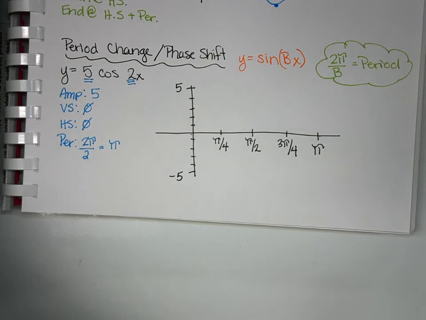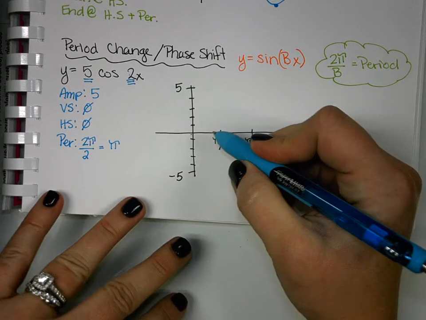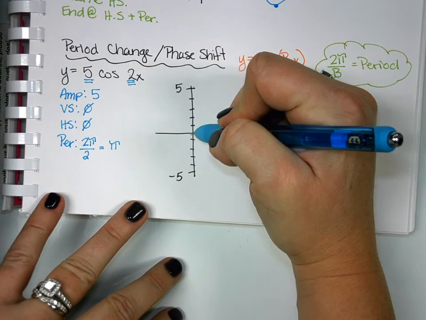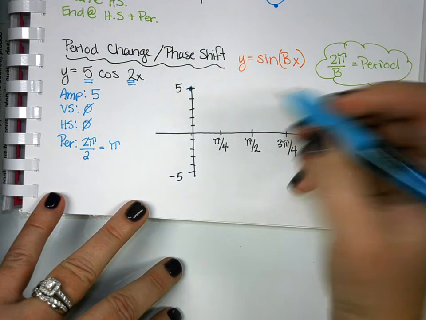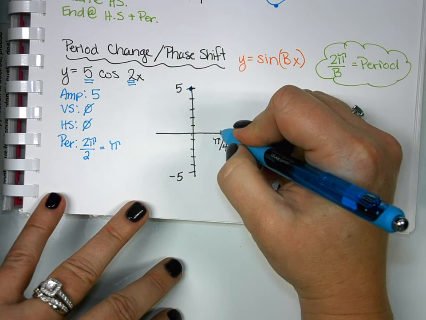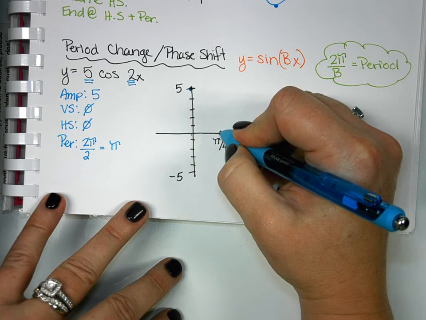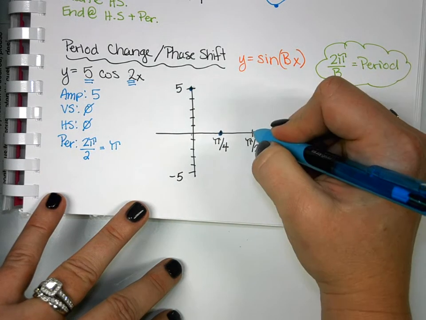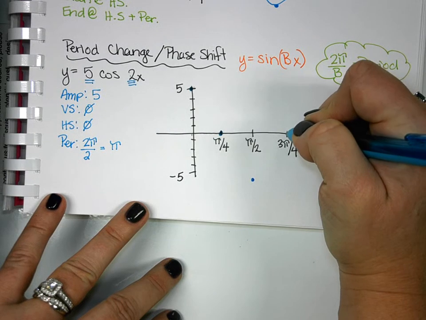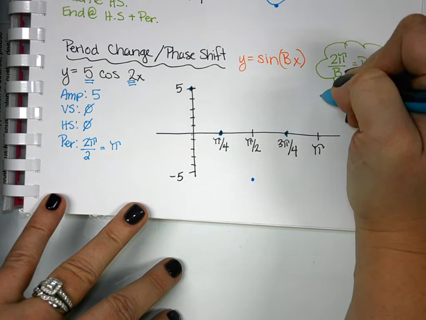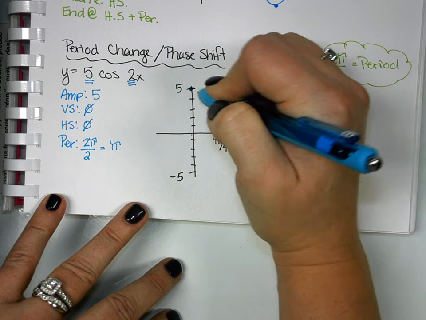Once you have those written, the cosine is going to follow the same pattern. So we know that it starts at 0, it's going to start up at the highest point, which in this case will be 5. It's going to go through the x-axis at the next key point. In the middle, it's going to be at its lowest point. Then it's going to go back through 0 and end up at 5. So we would have our